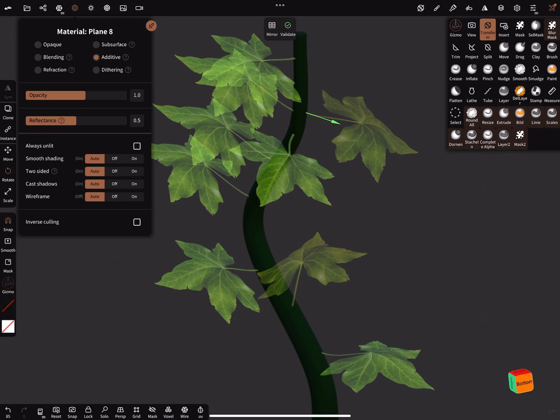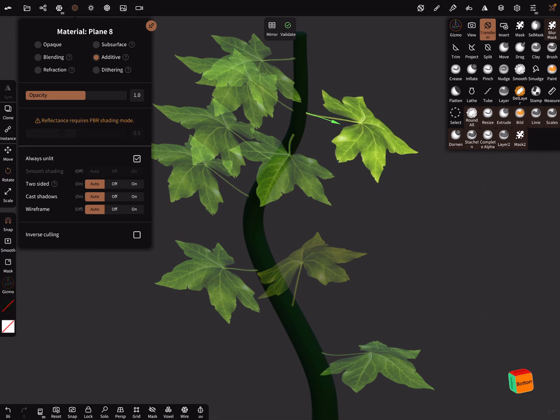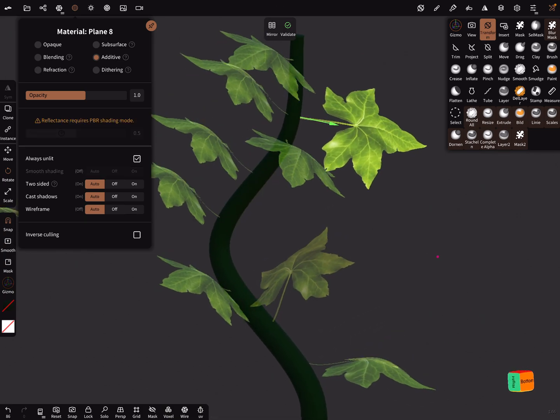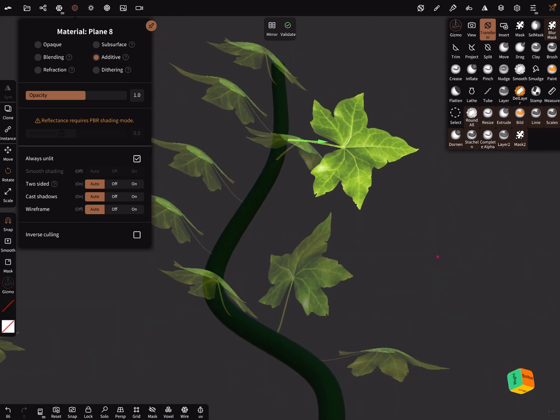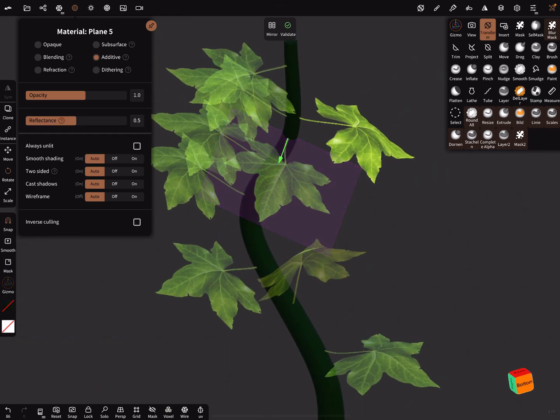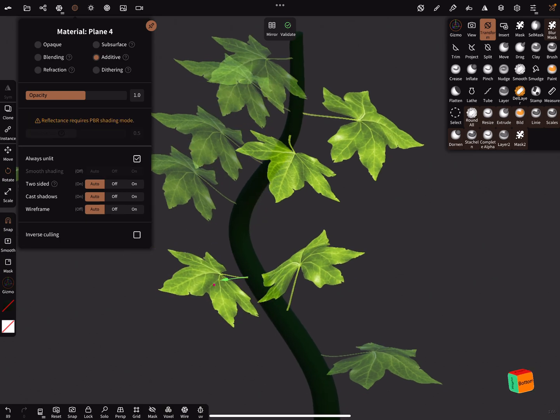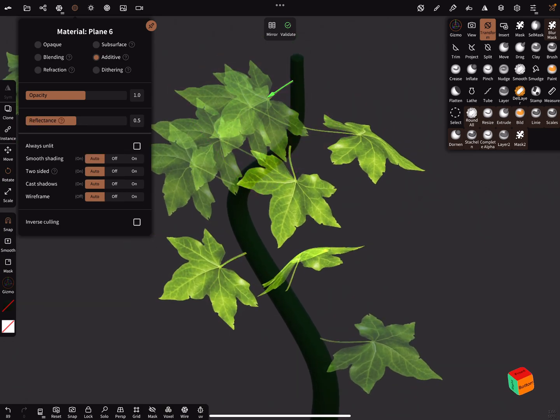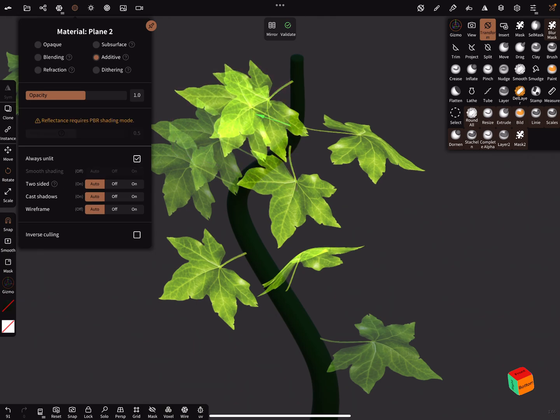In the material settings you can use always unlit on the leaves to make it a little bit more visible.